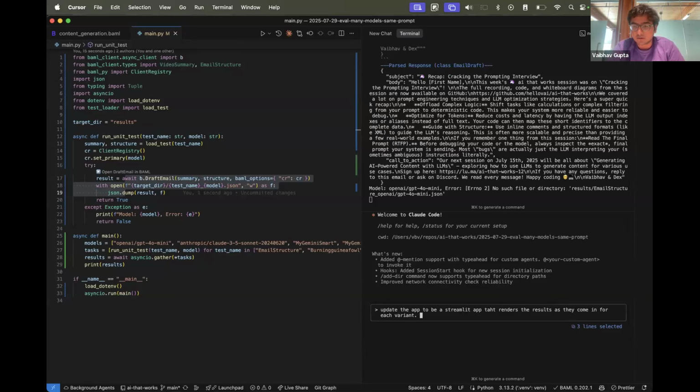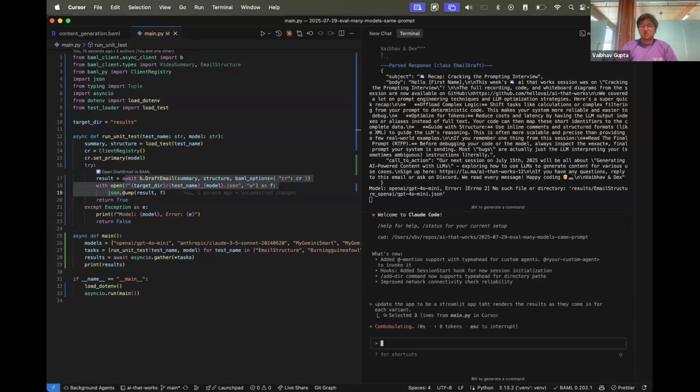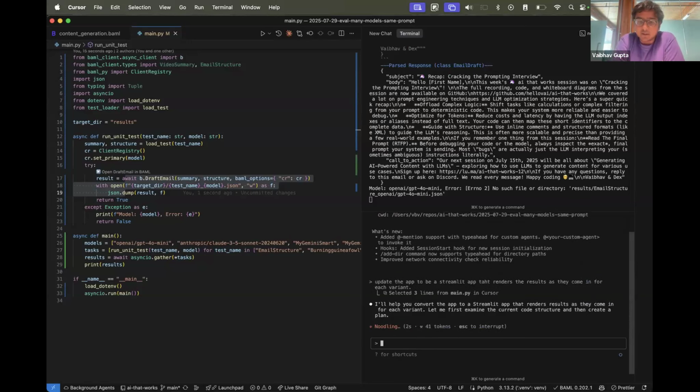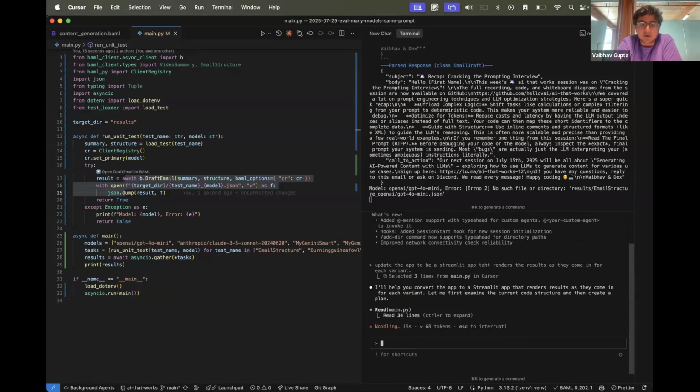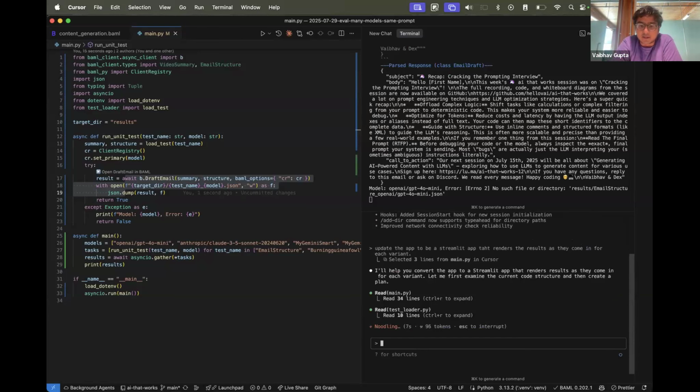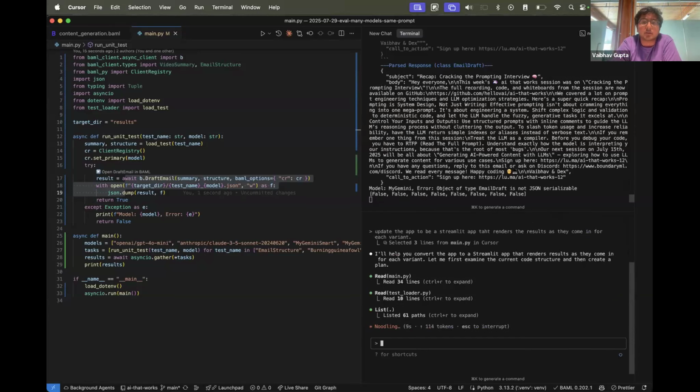For each variant. Cool. Let's see what it does. And the first thing I really want to do is just vibe code a somewhat decent UI so I can actually iterate. Because if I can't actually see my results, like